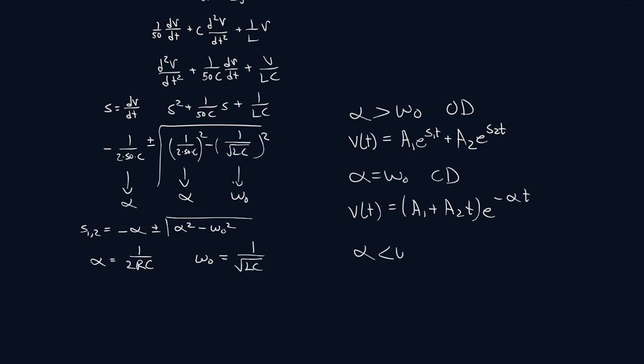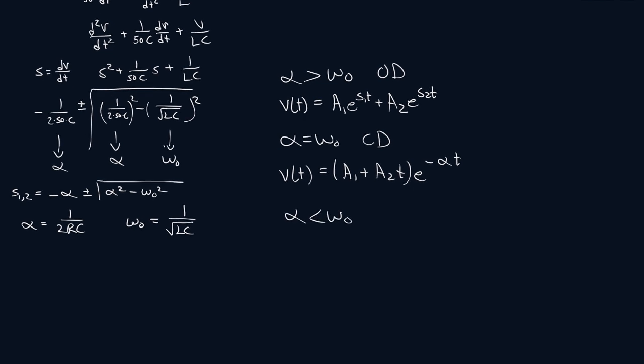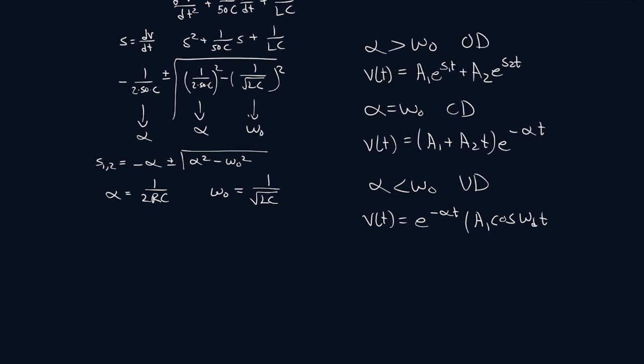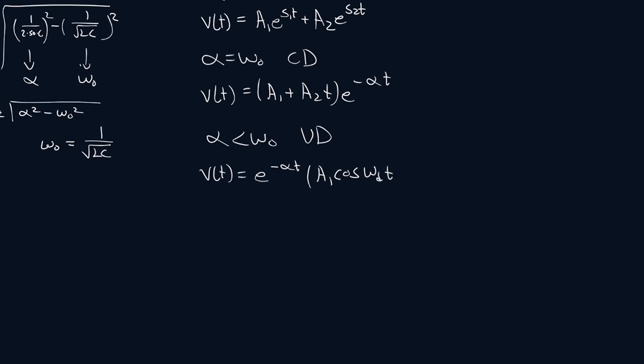Now if omega is greater than alpha, then we have an underdamped case. And in that case, v(t) is equal to e to the power of minus alpha t times (A1 cos(ωd t) plus A2 sin(ωd t)). ωd is supposed to be your damped frequency, so it's not this. It's pretty much, if this is greater than this, then you're going to have an imaginary number, and whatever is being multiplied by that imaginary number is ωd. Okay,